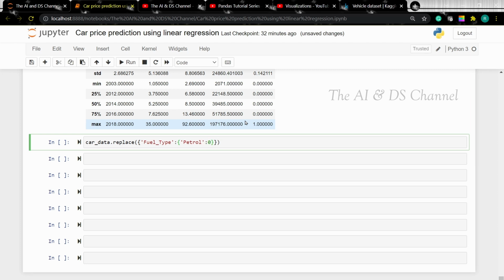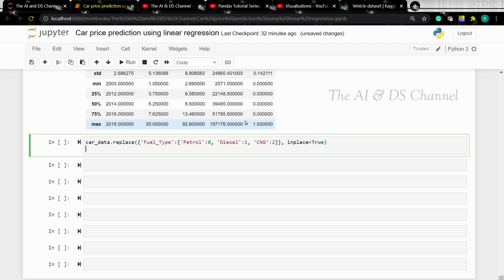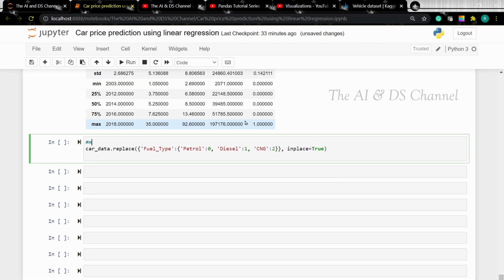Petrol should be replaced with 0, the next fuel type should be replaced with 1, and we'll give inplace equal to true. We set inplace equal to true to replace the values in the data frame. This is manual encoding.